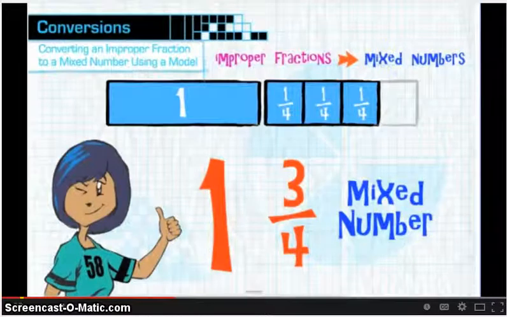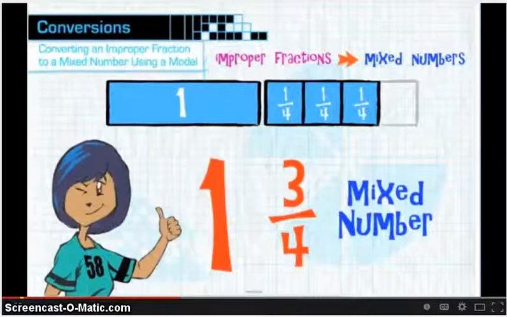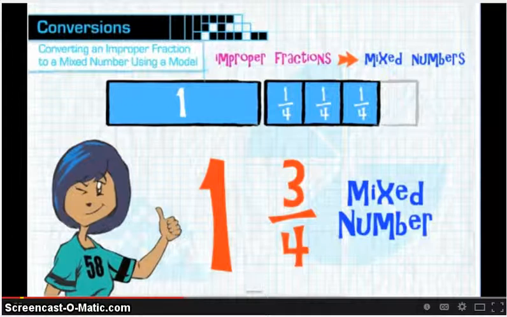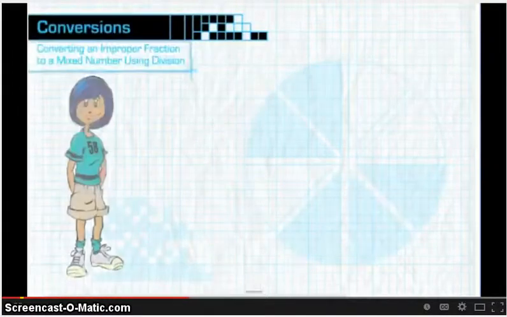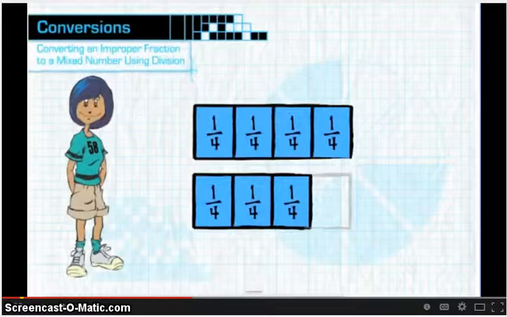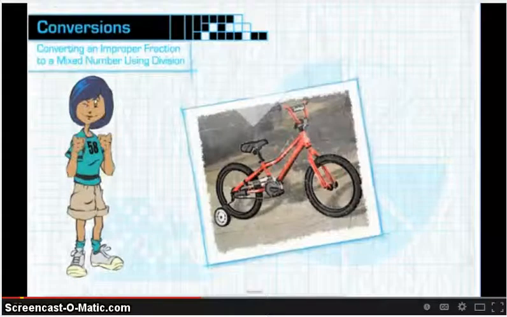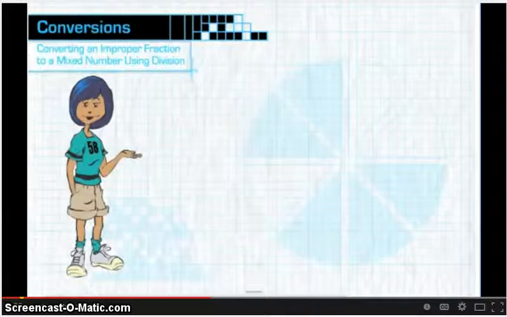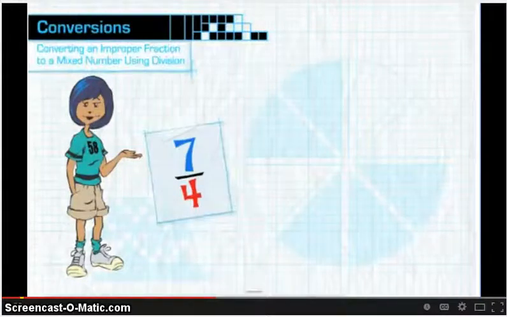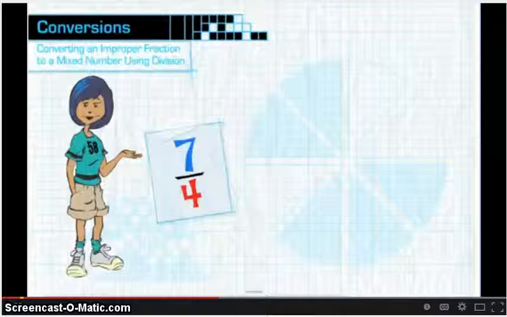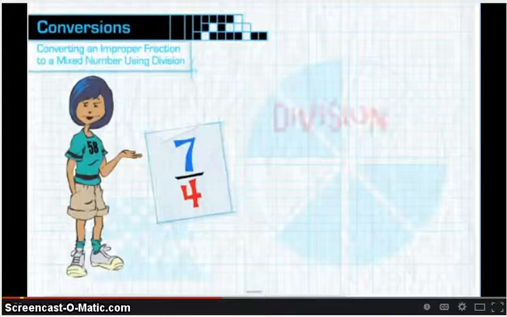Congrats! You just converted an improper fraction to a mixed number equivalent using a model. Now that wasn't so bad, was it? Okay, now let's figure out how to convert an improper fraction to a mixed number equivalent without using a model. Come on, you knew the training wheels had to come off sooner or later. I tell you what, we will still use the fraction 7/4. No, not because you already know the answer, but because it should allow you to really focus on the method,